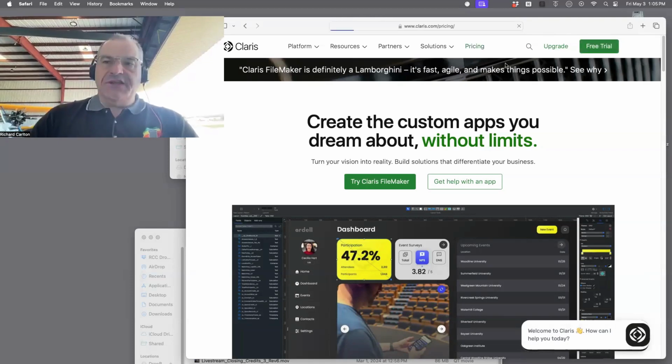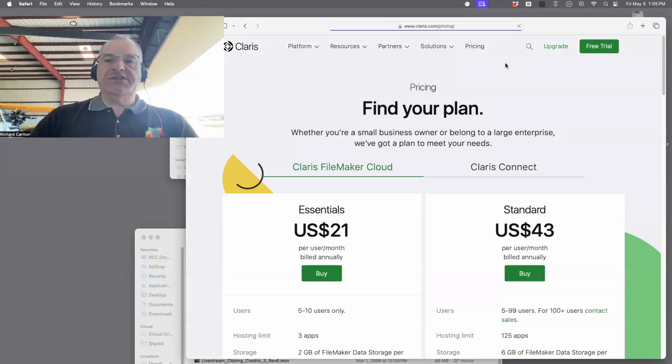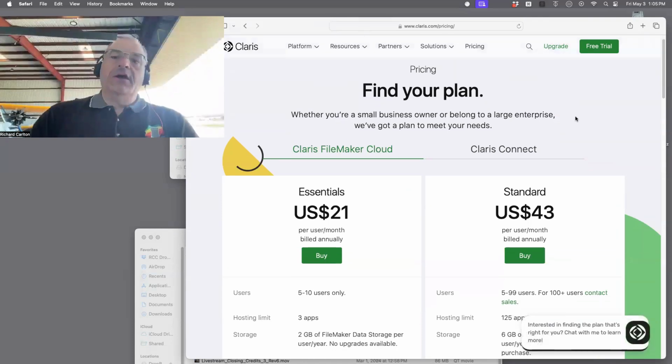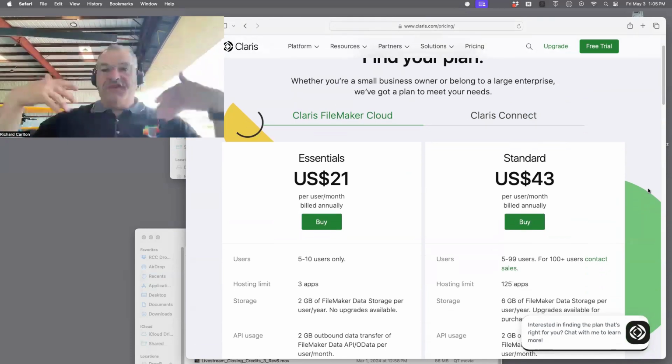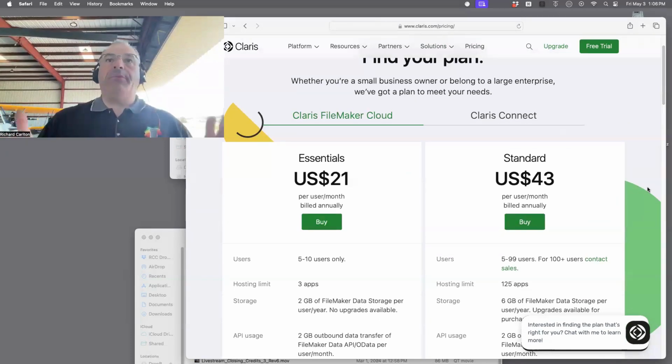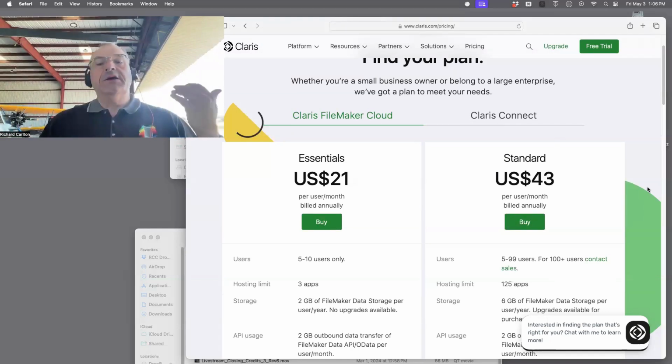So here's the deal with the Claris licensing. Claris is continuing to simplify the licensing. The biggest problem is that back when they rolled out some of this licensing stuff that you see here in front of you, it was really confusing. Officially, if I articulate it to you, it's not that hard. There are a couple of gaps, and some of you need to bring up these questions, because there are gaps where the licensing doesn't really cover well.